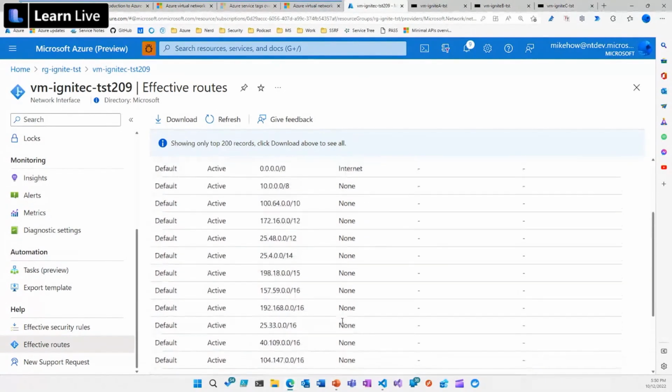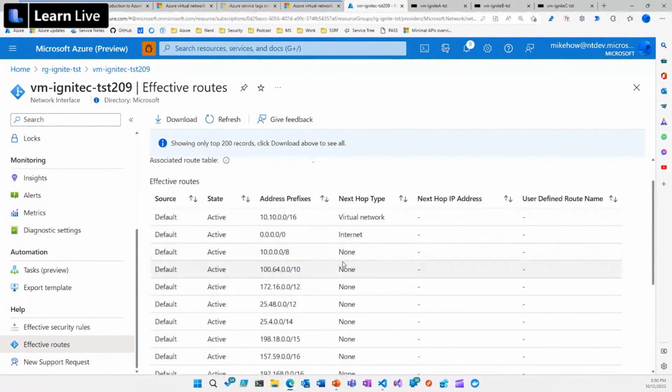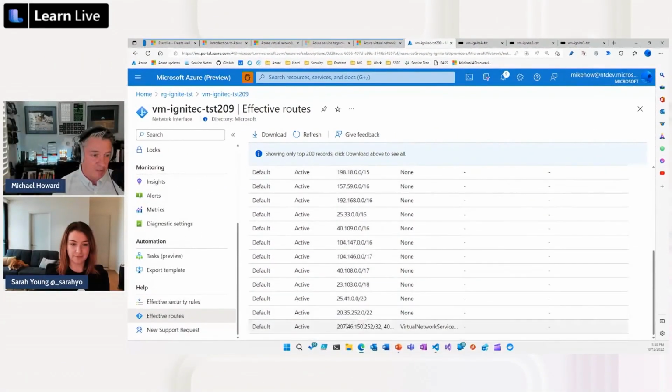So now look at this. Here's a whole bunch of other stuff, including a whole bunch of stuff that's being black holed. Look at this. Ooh, that's interesting. So if this VM or anything that's listening on this network card, or more accurately, the subnet, I should say, not network card but subnet, but I'm looking at the network card that's on that subnet, you'll see that it's saying anything to 207.46.150, blah, blah, blah, and 40 more, then route it to the virtual network service. So it's actually going to do the service endpoint stuff.